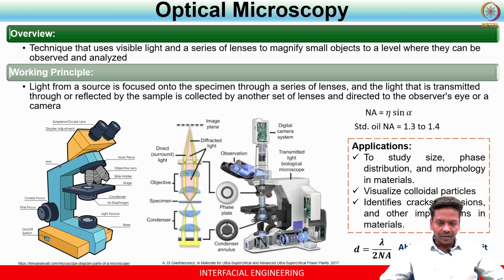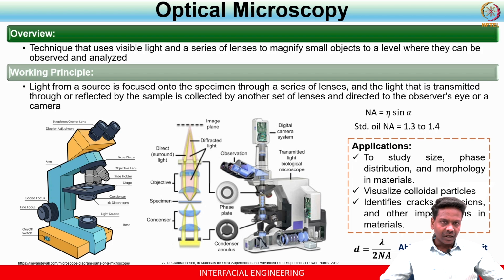And there are some advanced things also, but the basics of microscopy are that you have some important components like the condenser. What the condenser does is it collects the light and focuses the light onto the specimen, and there is something called the specimen stage, on top of which you keep the sample, and there is the objective. So objective lenses are available at different magnifying powers. Say, for example, you have 5x objective lens, 10x, 50x, up to 100x objective lenses are possible.